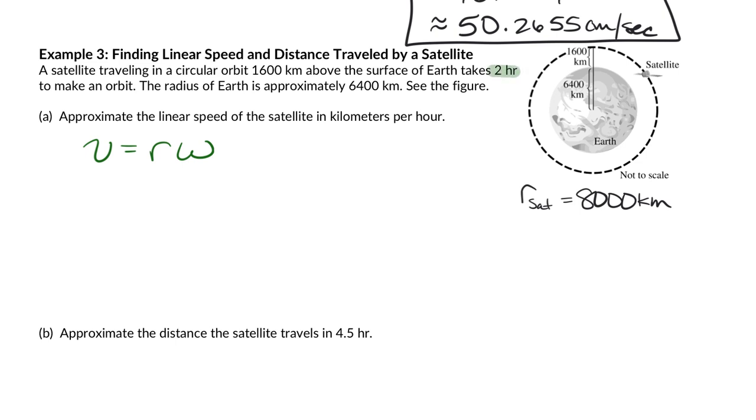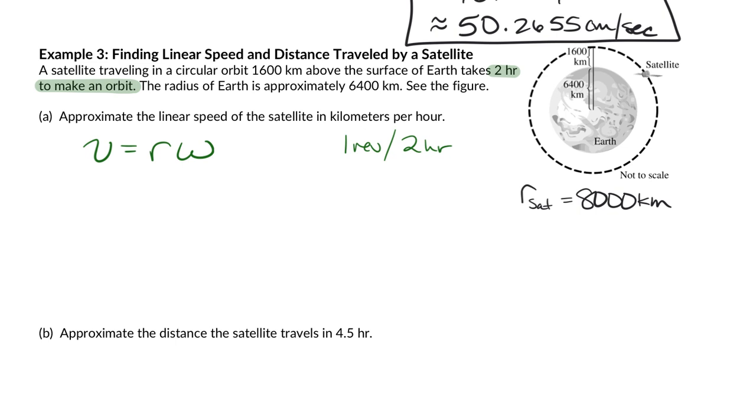It takes 2 hours to make one orbit, which means, just like the problem above this, it is 1 revolution in 2 hours. So before we even use the omega that we want for this linear speed, we have to convert it from revolutions per hour